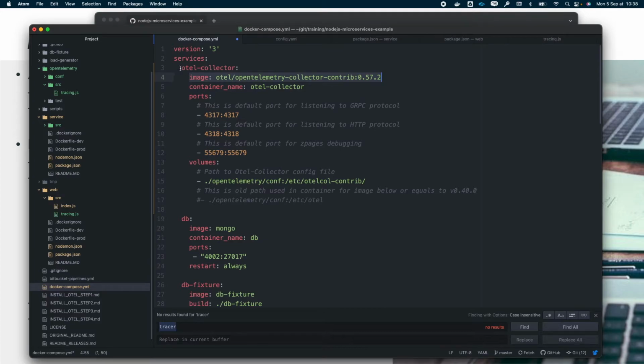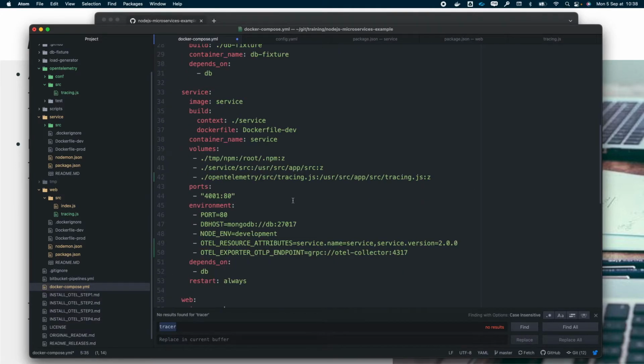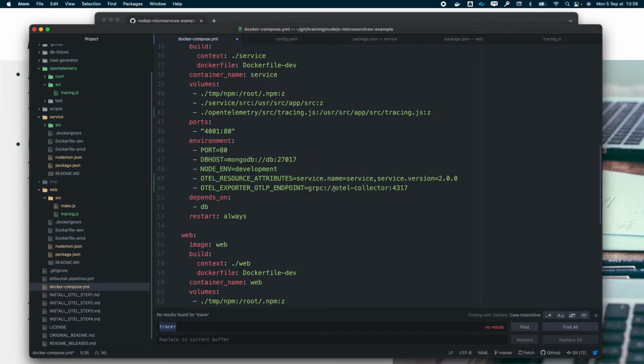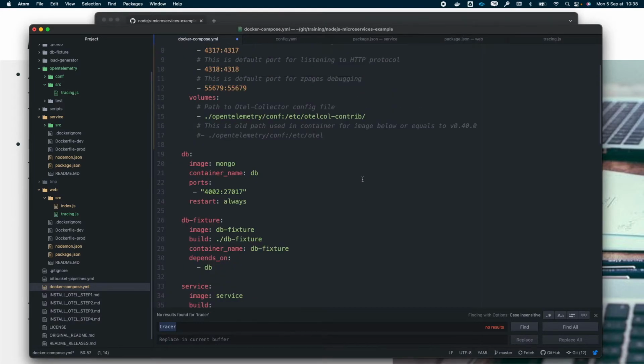So what do we have here? We use a standard image from the OpenTelemetry community. We use the contrib image simply because it contains more receivers, more exporters, and more processors than the standard OpenTelemetry collector one. We define the name of our container. This name here should match the configuration that you put in your different services as the URL for the collector, for sure.